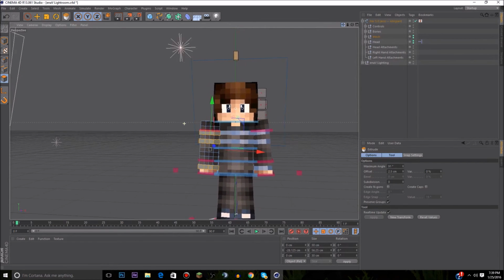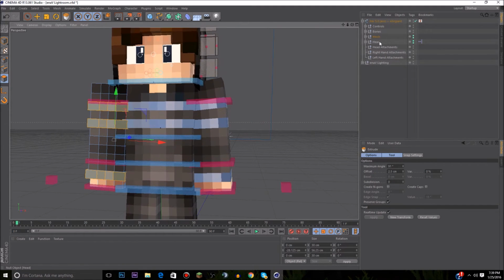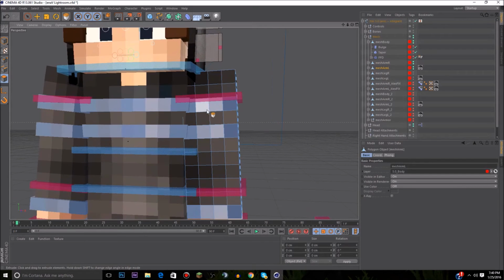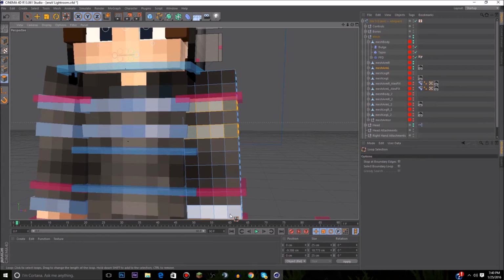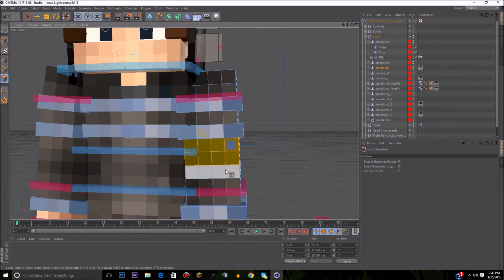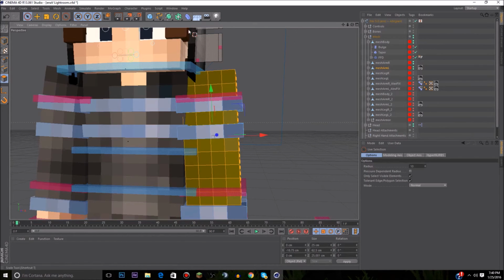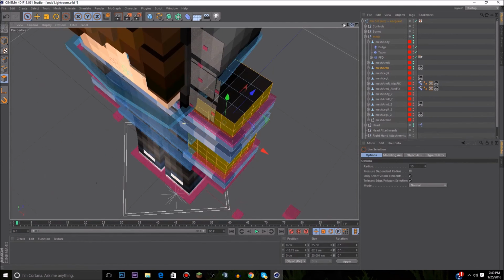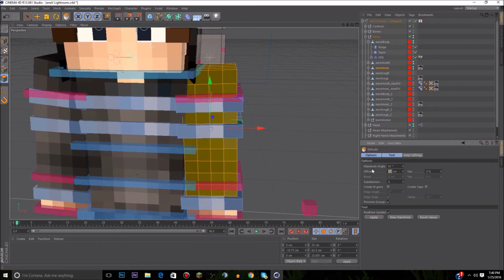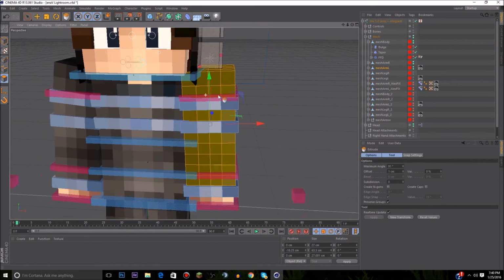I know I wasn't in the drag down area while doing this, it was kind of dumb, but I'm experienced with this, so I can really just know what I'm doing without the drag down arrow guiding me, telling me, hey, you're extruding this. So I'm going to hit D, make that 2.5, and I did it vice versa this time because I already had that offset selected. So U plus L, remember, and then I already had part of the left arm selected, so remember to extrude the shoulder, and remember to get under the hat layer too, because people can still see it. Make that 1, hit apply,